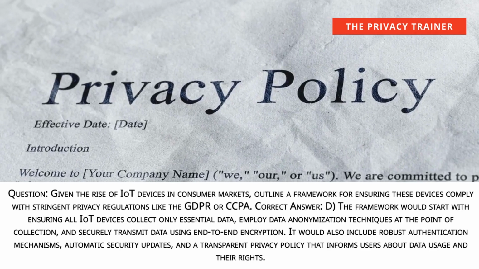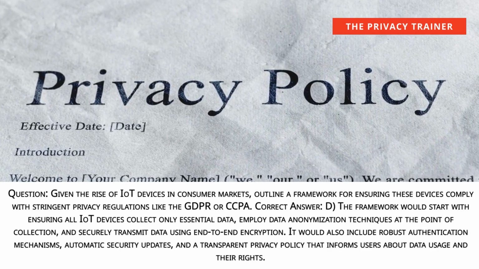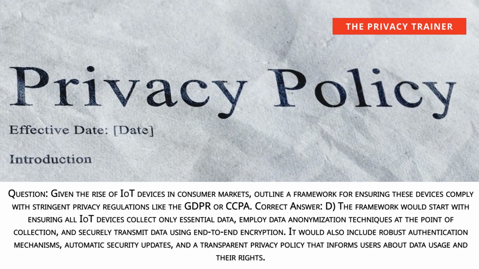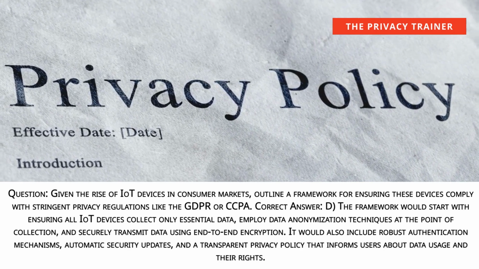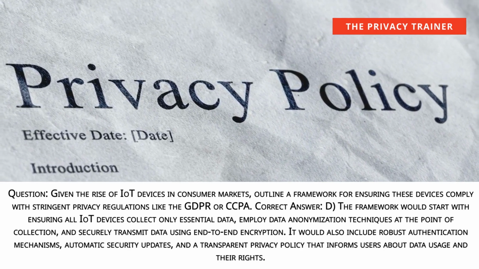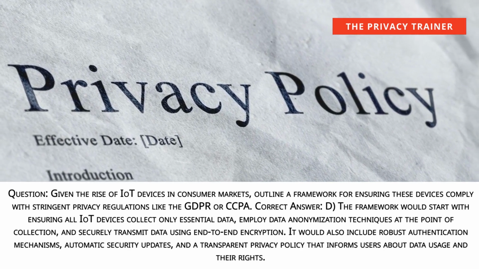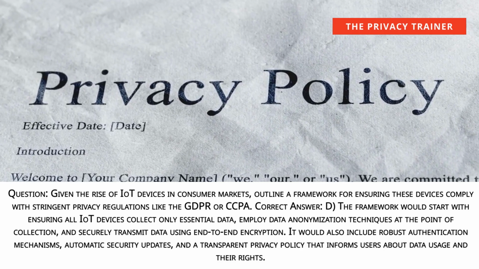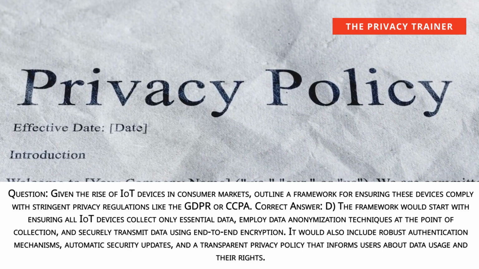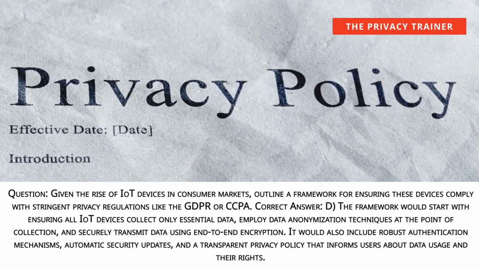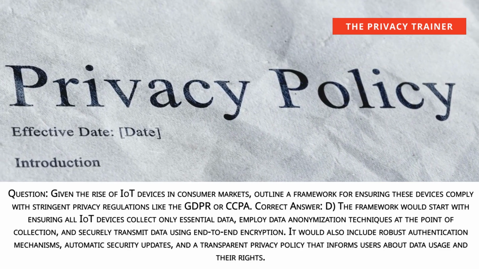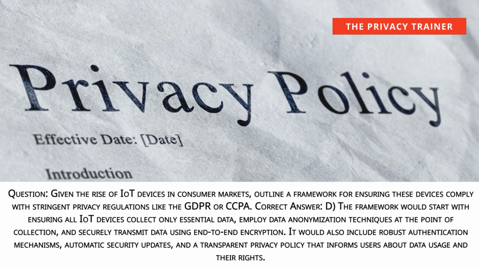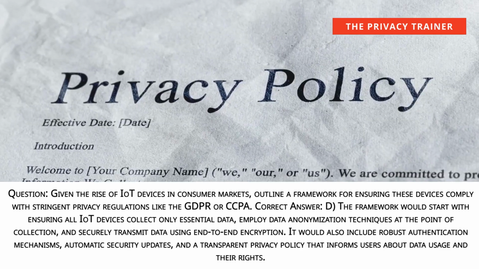Question: Given the rise of IoT devices in consumer markets, outline a framework for ensuring these devices comply with stringent privacy regulations like the GDPR or CCPA. Correct answer: D. The framework would start with ensuring all IoT devices collect only essential data, employ data anonymization techniques at the point of collection, and securely transmit data using end-to-end encryption. It would also include robust authentication mechanisms, automatic security updates, and a transparent privacy policy that informs users about data